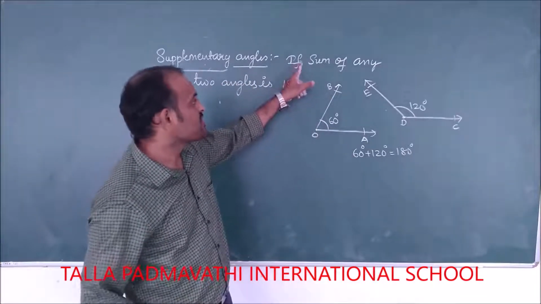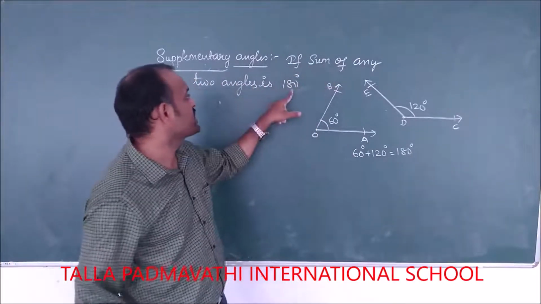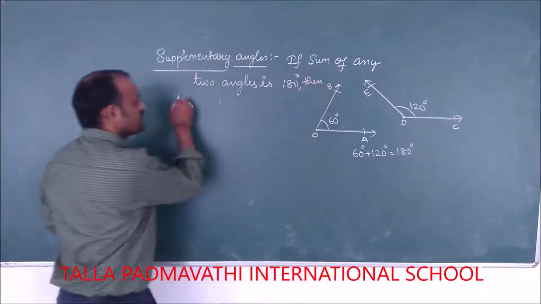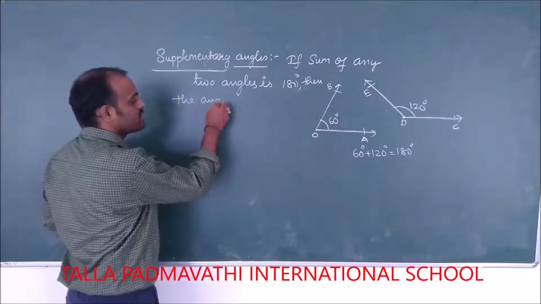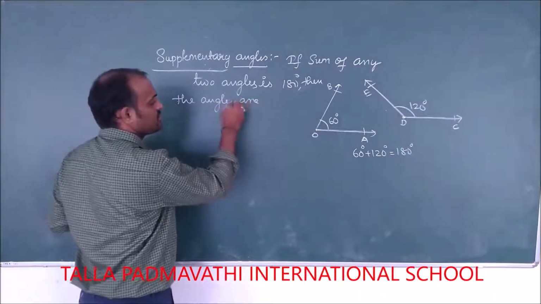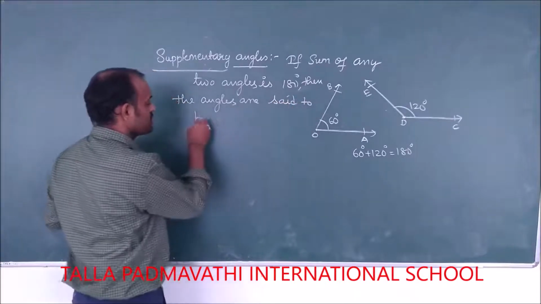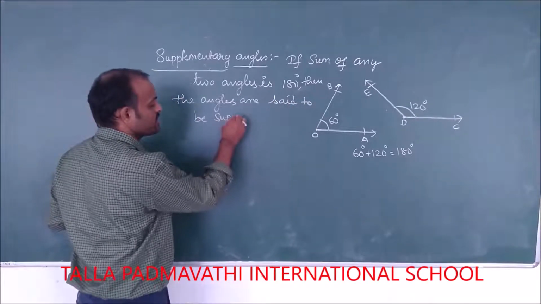So see the definition: if the sum of any two angles is 180 degrees, then the angles are said to be supplementary